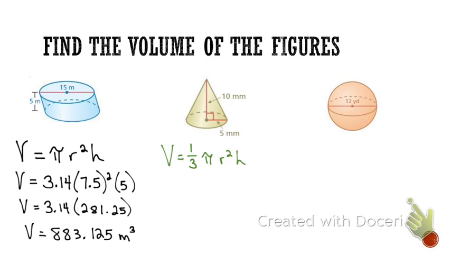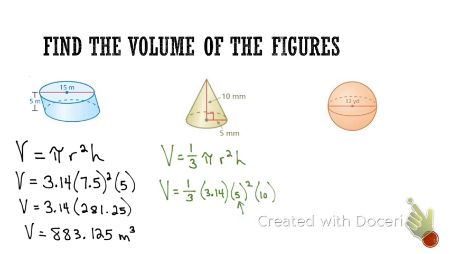All right, so we're just going to plug in our numbers. Guys, this is most of the battle, just plugging in your numbers, especially when you're solving for volume. 1/3 times 3.14 times my radius, which it gave me, 5,